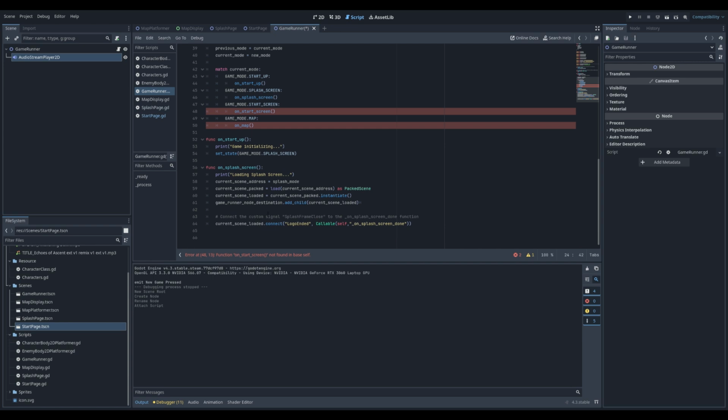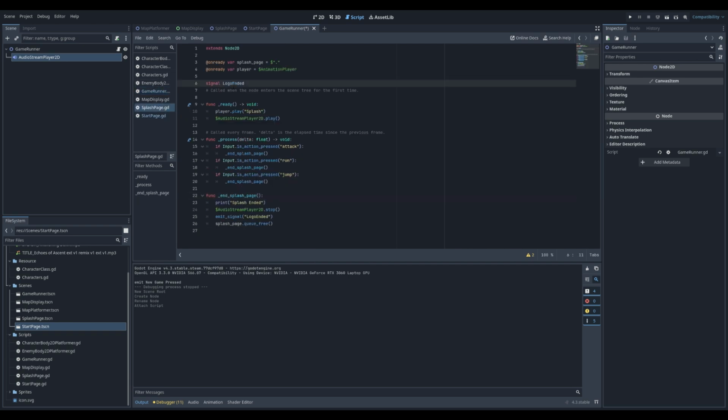If all these scenes were open and added manually and they never left the table of contents or the scene tree whenever the game was running, I wouldn't need to be manually connecting these signals, but because I'm dynamically loading those items, once you get it in, you need to use this line of code right here to connect that custom signal. So current scene loaded dot connect, and then we're going to make sure that logo ended is the name that I used whenever I was typing that one out earlier. I think I changed it to splash ended. So let's go to splash page, and sure enough, got logo ended. So I'm going to change that one to splash ended just for fun. Splash ended,